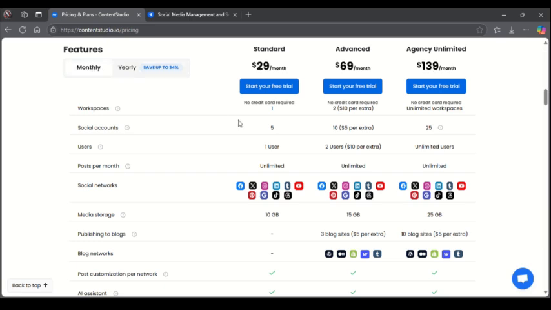Let's start with the monthly. You get all of this. On the starter plan, the social media networks that are covered, on the standard plan, you get access to Facebook, Twitter, Instagram, LinkedIn, Tinder, Pinterest, and even TikTok and Threads. And also on the advanced, you get all of